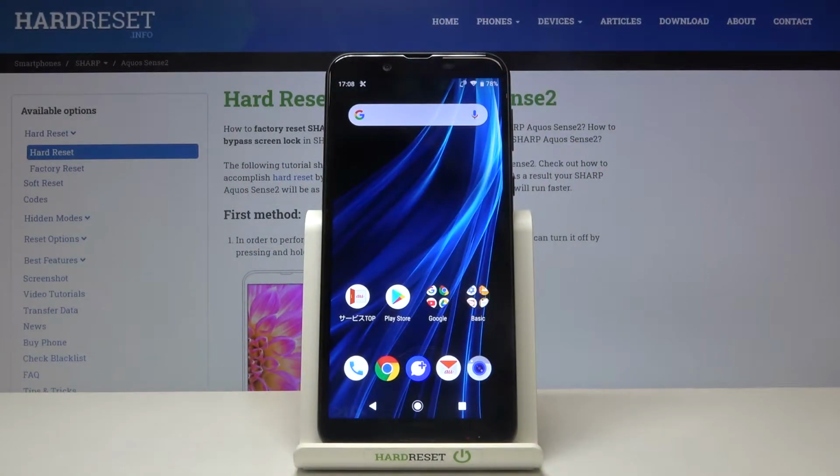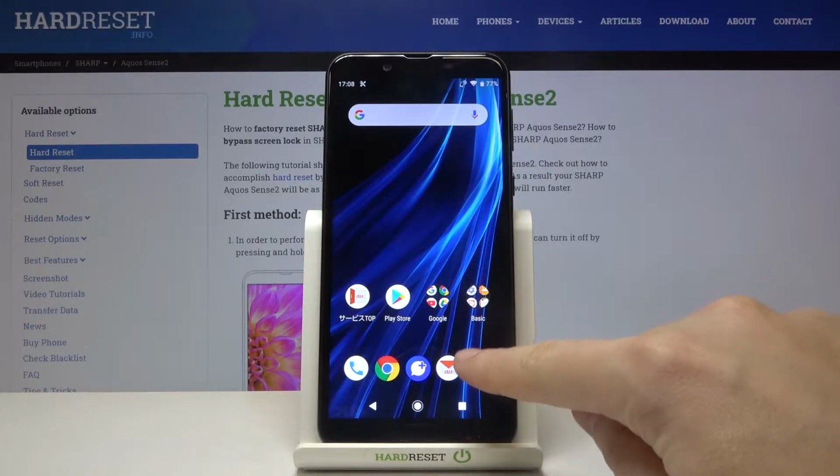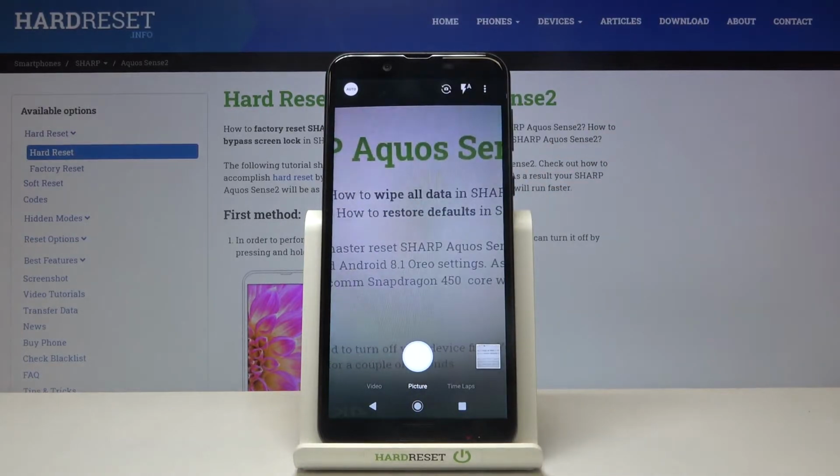Welcome, here I've got SHARP Aquos Sense2 and I'm gonna show you how to turn on and off the camera grid lines on this device. So let's start by tapping on the camera button here to open it,